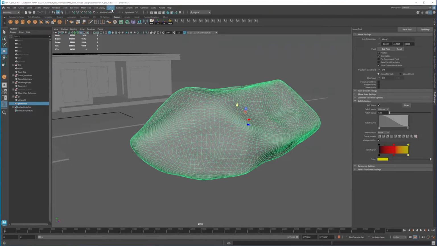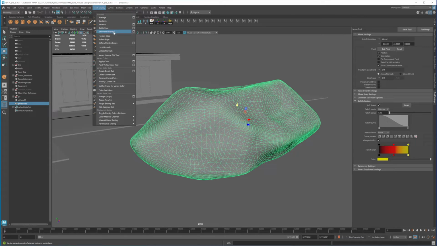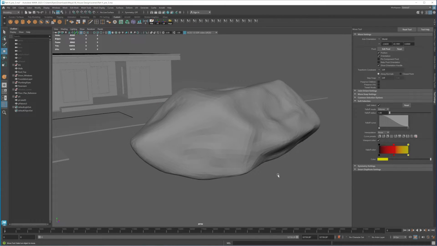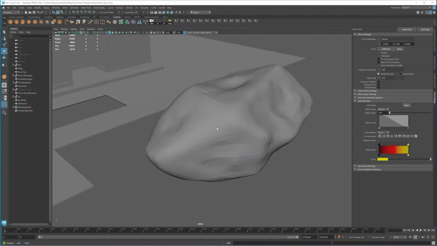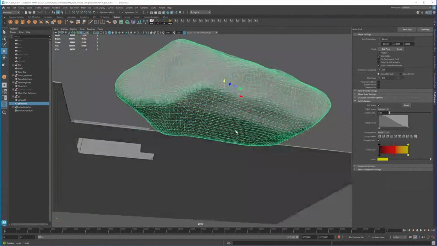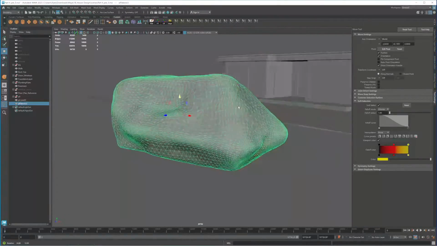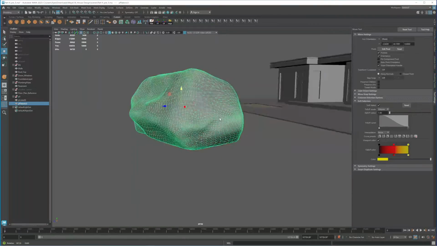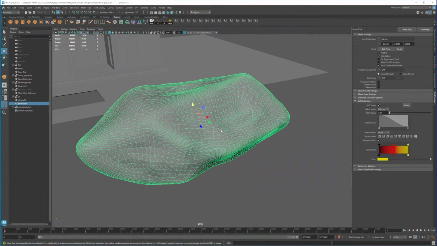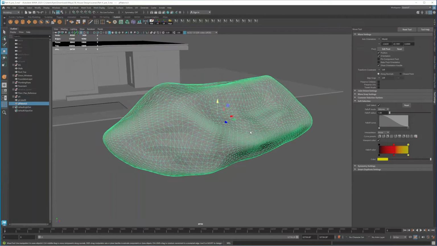So what we can do is we go to mesh display and we harden edges. So now we're beginning to see those rocky effects, but again we need to reduce the triangles. I think this is too high res for what I want to achieve. So the triangles are quite too much.